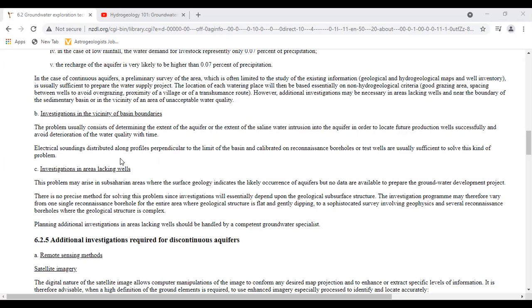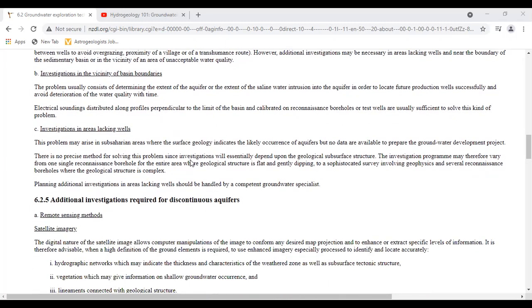Electrical soundings distributed along profiles perpendicular to the limit of the basin and calibrated on reconnaissance boreholes or test wells are usually sufficient to solve this kind of problem. Next, investigations in areas lacking wells. Here, guys, this problem may arise